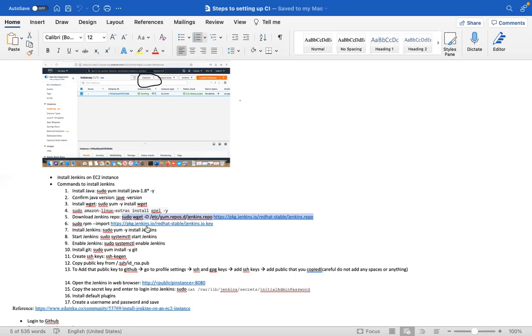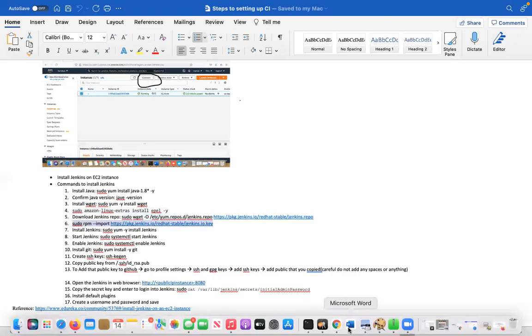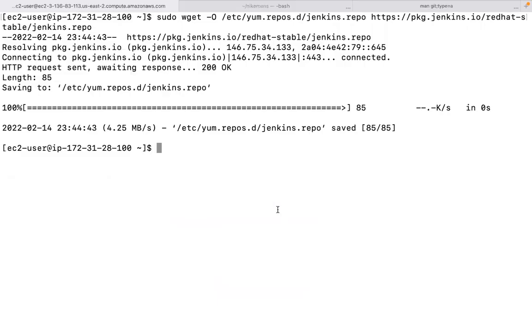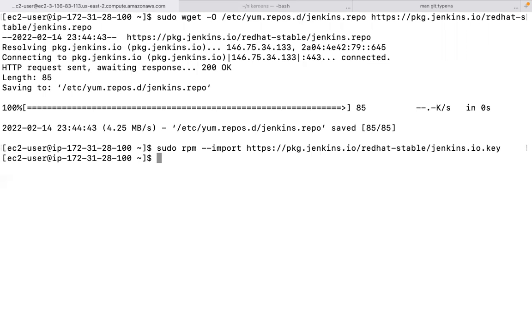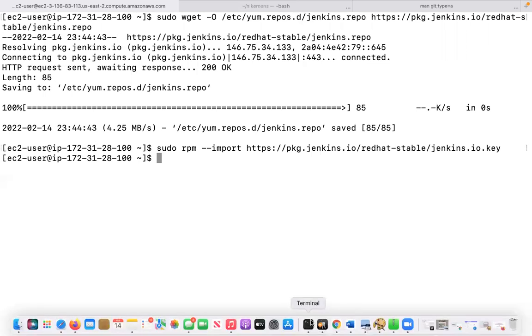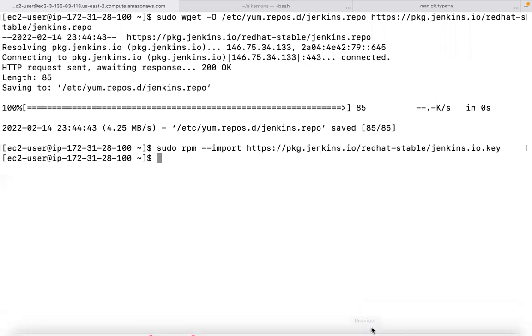Next, what we need to do is get this key, the jenkins.io key. This is a requirement for the Jenkins machine basically. So get that key using the RPM command. RPM, wget and yum. RPM is also a repo package manager only, but it doesn't work for all the Linux servers. I never use this RPM unless for this class. I use this RPM for only this class,